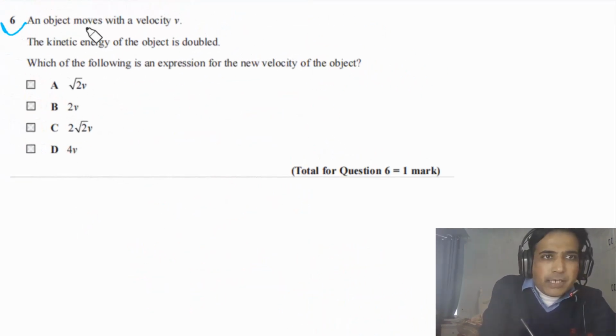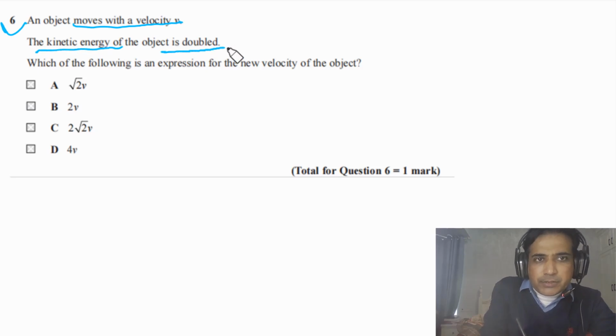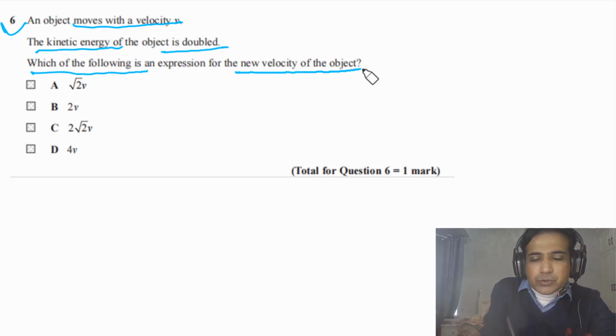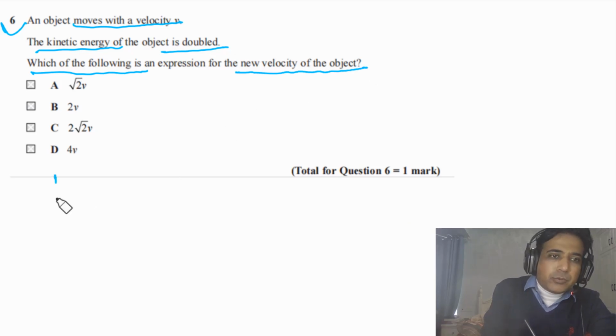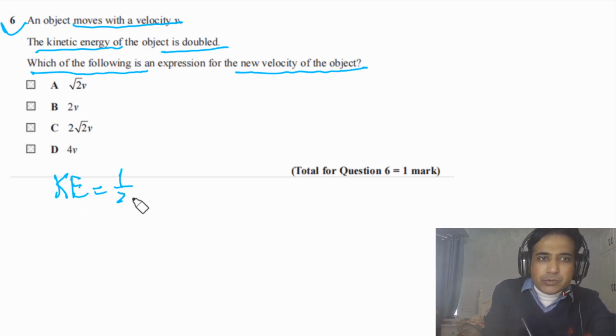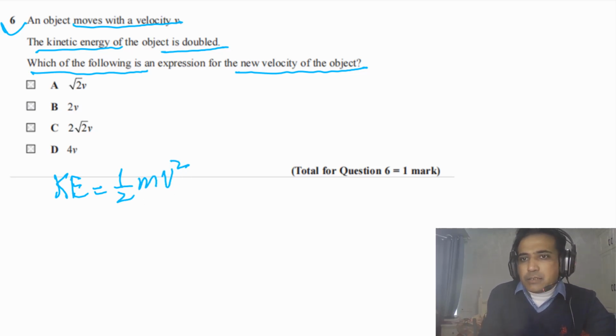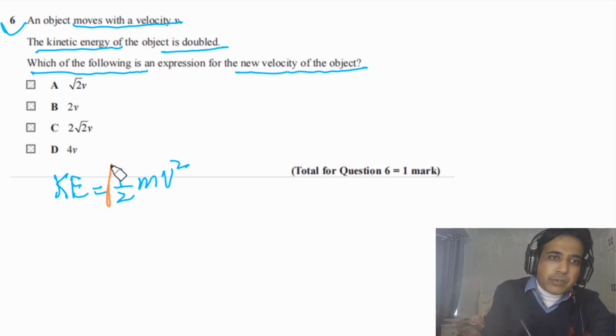Question 6 says an object moves with a velocity v. The kinetic energy of the object is doubled. Which of the following is an expression for the new velocity of the object? So simply we can start this question with kinetic energy. Kinetic energy is equal to 1/2 mv squared. From here you can see that m by 2 is constant. The mass of the object is not